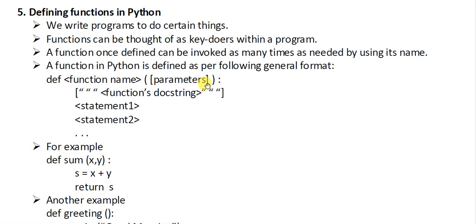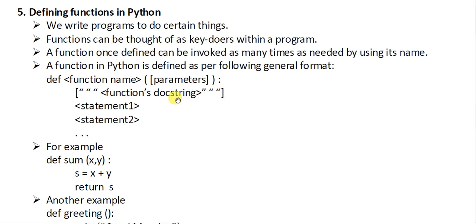You must know that square brackets represent optional things. If the things that are mentioned are optional, then those will be enclosed in square brackets. Now you give the function docstring, that is called documentation string, meaning what the function is made for. If you have made this function for some special thing, then you can write that in triple quotes. And why do we require it? Suppose we write a program this year, and after some 2-3 years we come back and see our program, and if we have not written the description of the function, then it will be hard for us to get the feeling why we made this function, what is the purpose.